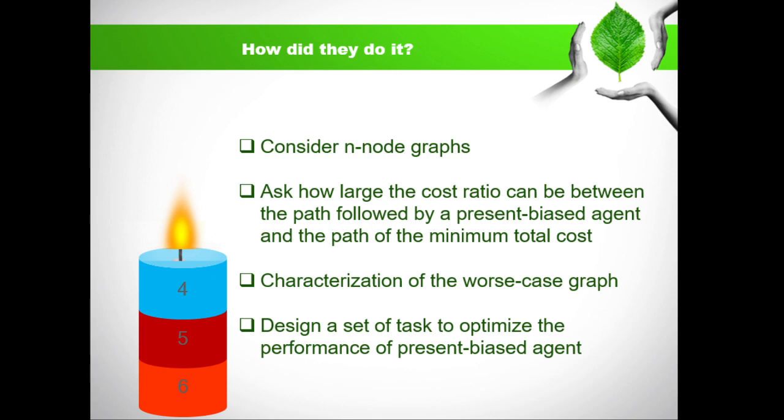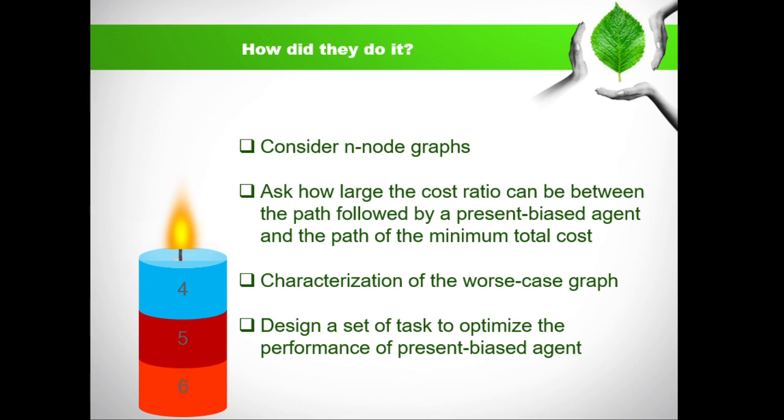Since deviation from the minimum cost plan due to present bias is sometimes viewed as a form of irrational behavior, this cost ratio effectively serves as the price of irrationality for the system. It also gives a characterization of the worst case graph in terms of minors. This enables us to show, roughly speaking, that any instance with a sufficiently high cost ratio must contain a large instance of the Akerlof examples embedded inside it.